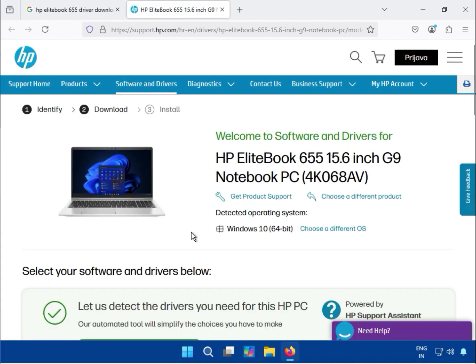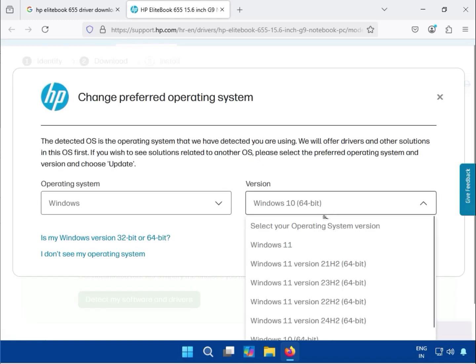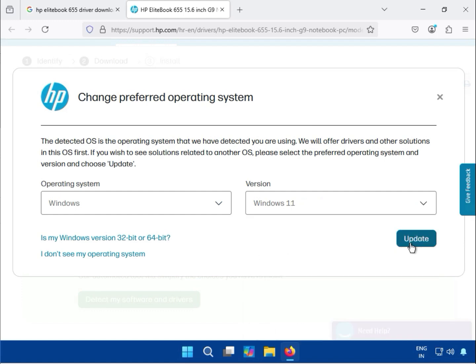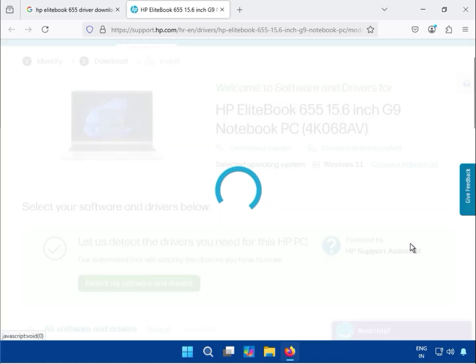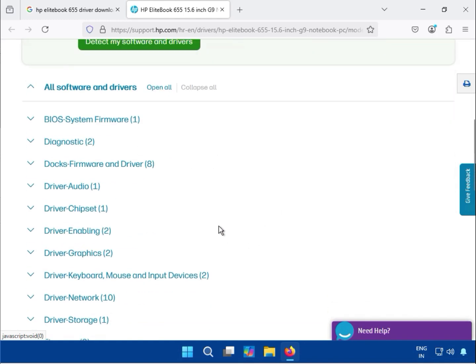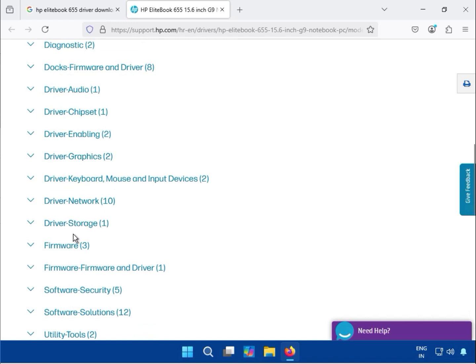Slow down, you can change your operating system, Windows 11 and so on. Then click update. Slow down, that is your driver list. So BIOS, diagnostic, and all are there. Keyboard, mouse, network, and